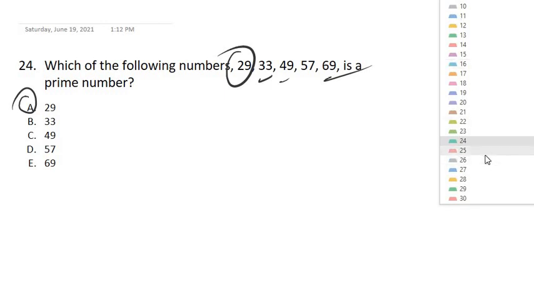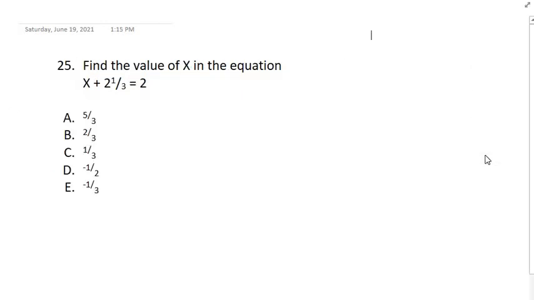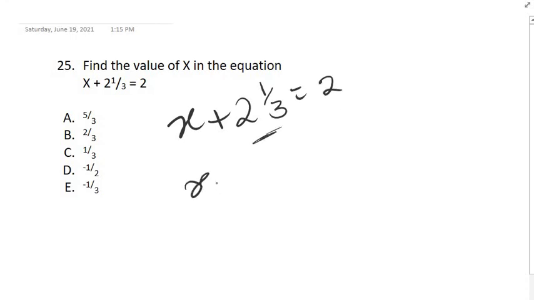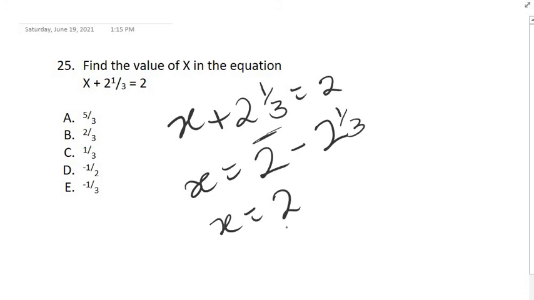Question 25. Find the value of x in the equation. x plus 2 whole number 1 over 3 equals 2. Collect like terms, move this to the right. So x will give us 2 minus 2 whole number 1 over 3. x equals 2. All whole numbers have a denominator of 1. Minus 3 times 2, 6 plus 1, 7 over